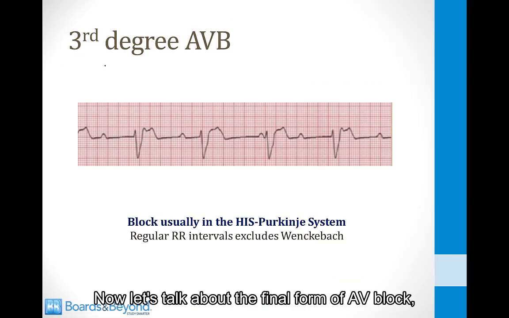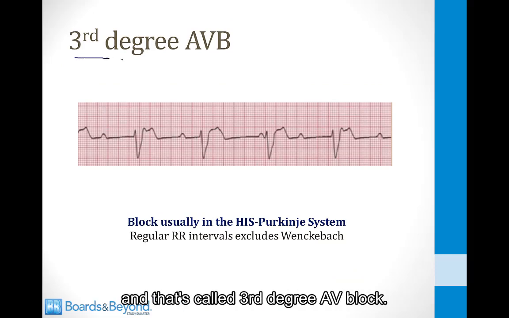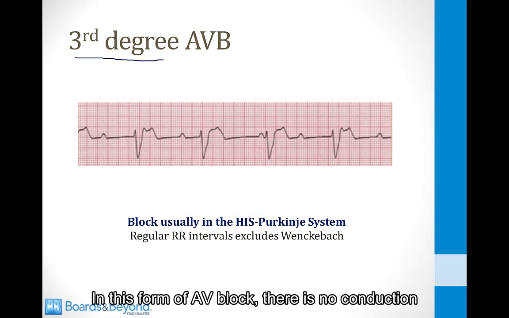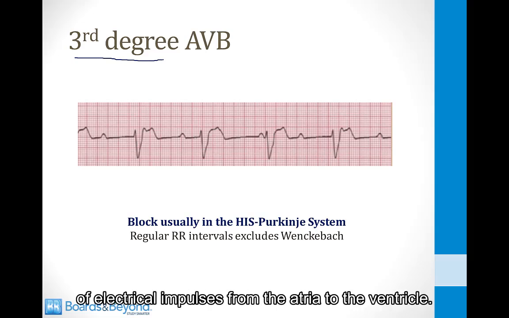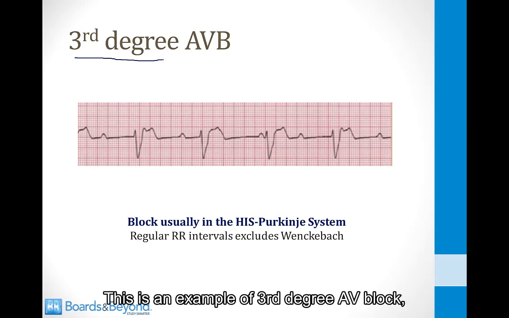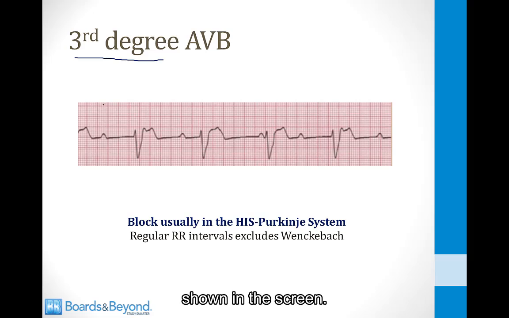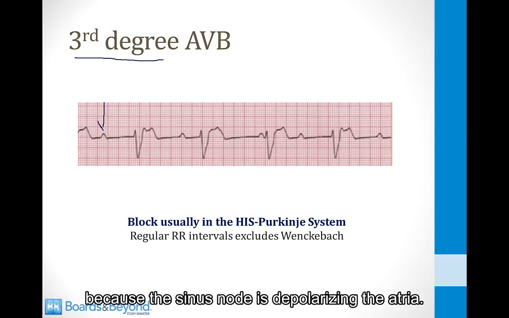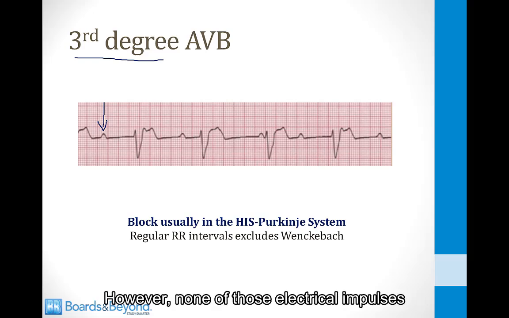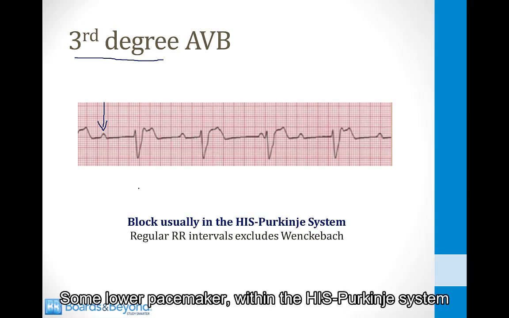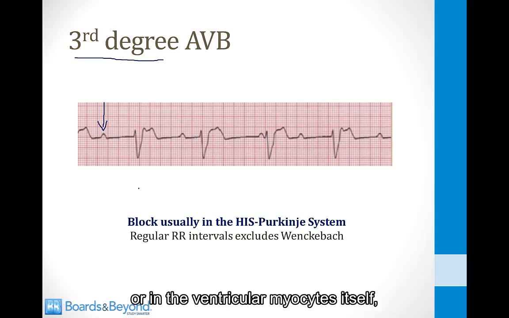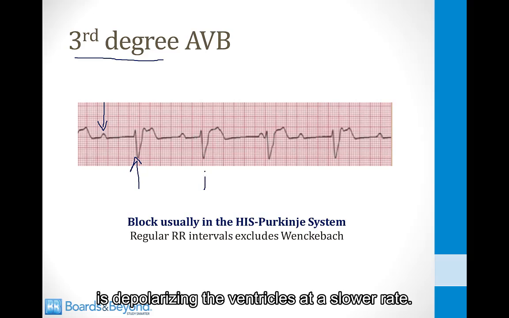Now let's talk about the final form of AV block, and that's called third-degree AV block. In this form of AV block, there is no conduction of electrical impulses from the atria to the ventricle. This is an example of third-degree AV block shown on the screen. You can see that there are P waves because the sinus node is depolarizing the atria. However, none of those electrical impulses are being conducted to the ventricles. Some lower pacemaker within the His-Purkinje system or in the ventricular myocytes itself is depolarizing the ventricles at a slower